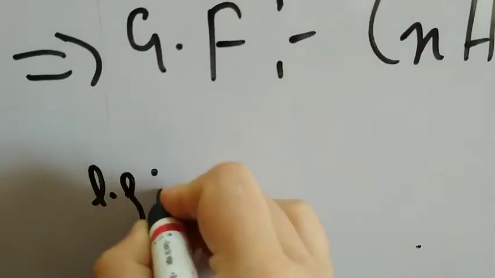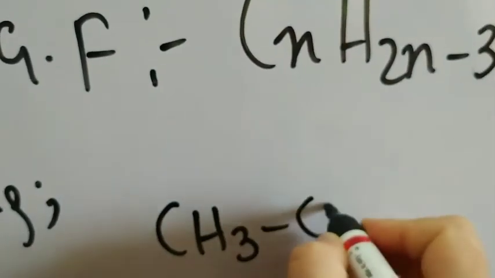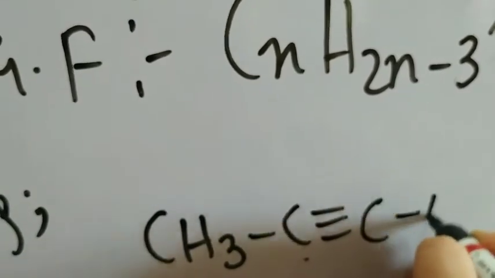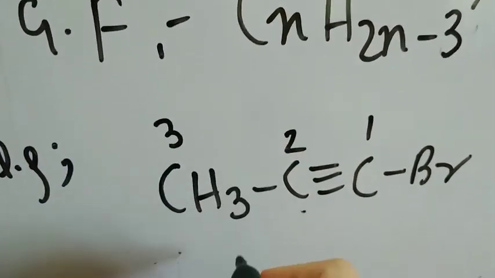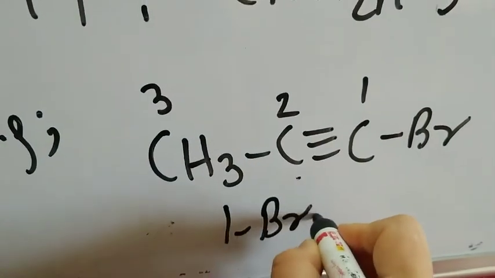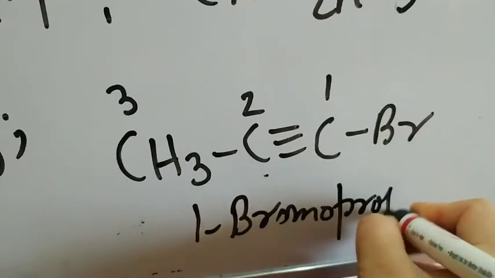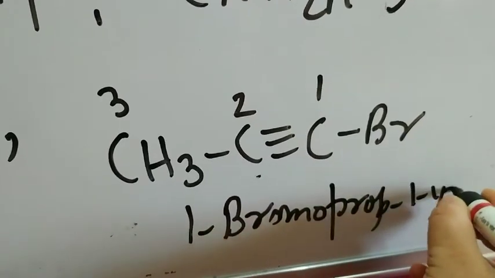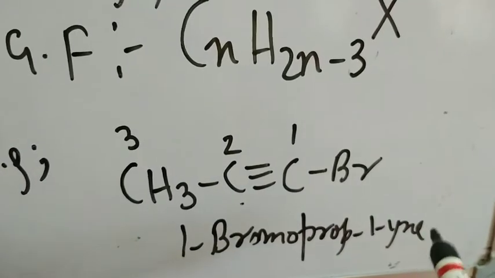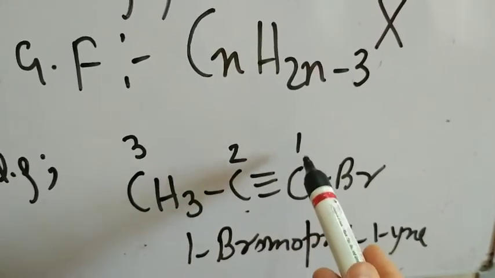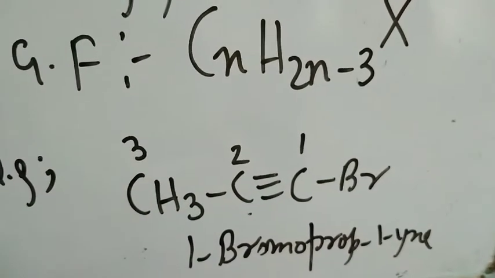Speaking of the examples, again I'll try to give you a very simple example. CH3 C triple bond C Br. This is 1 2 and 3, right? रूल्स ऑफ नॉमेनक्लेचर जो भी यहाँ यूज़ हो रहे हैं, उनको अगर आप, जो आपने 11th क्लास में पढ़े हैं, एक बार अगर आप उनको रिवाइज भी करोगे, there is no harm in that. And next section में हम थोड़ा सा नॉमेनक्लेचर इनका पढ़ेंगे भी. This is 1 bromo prop 1 yne, right? The position is this: triple bond is on carbon 1, bromine is on carbon number 1, right?